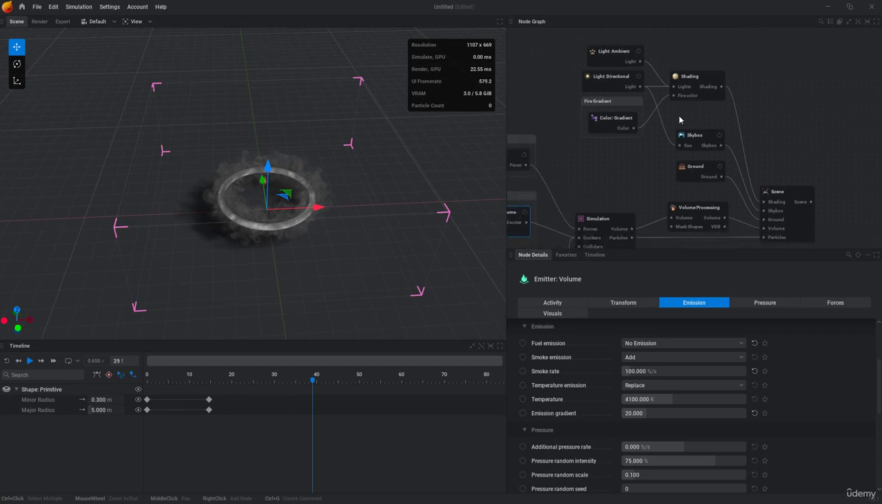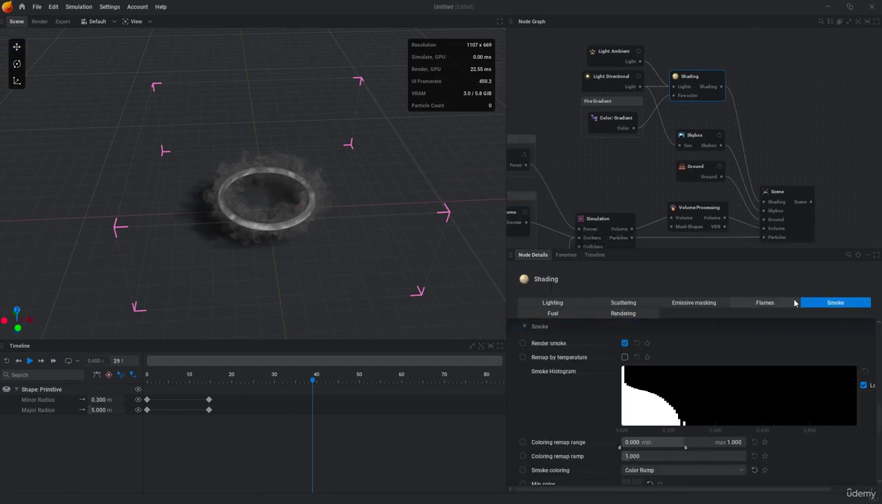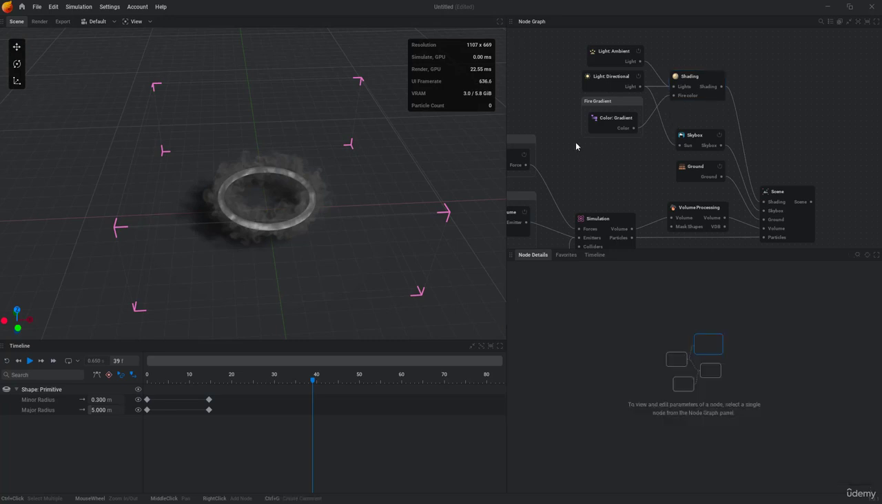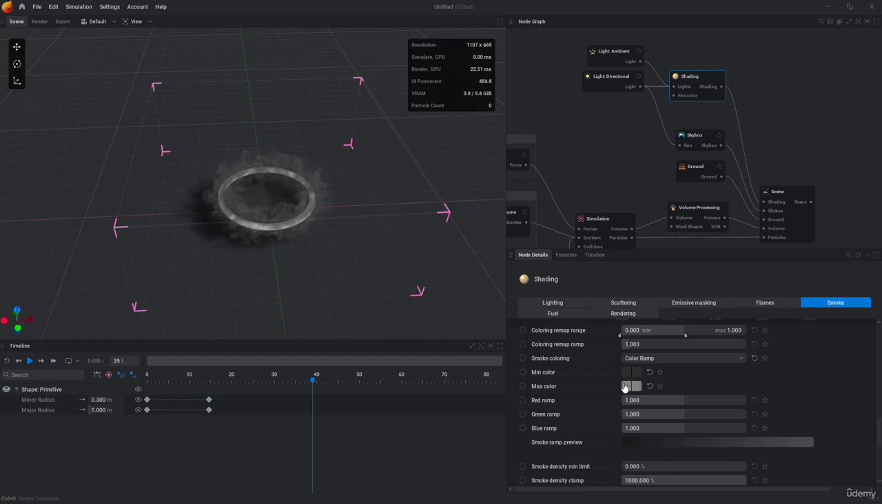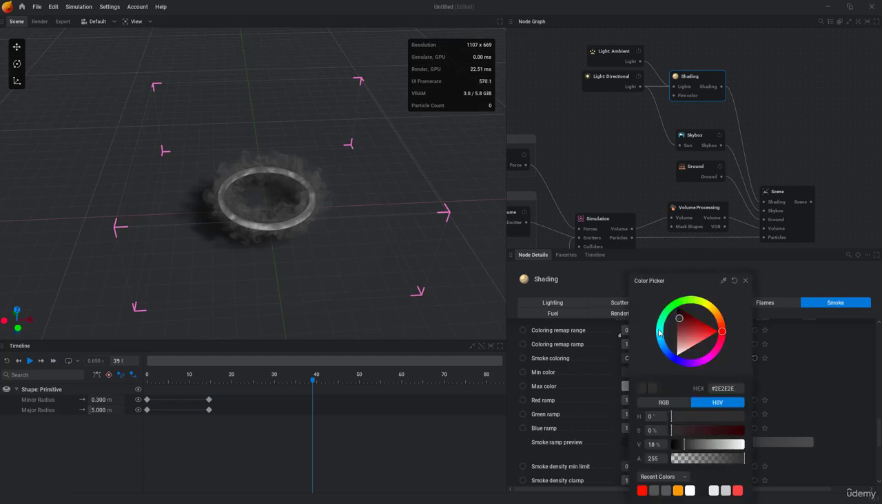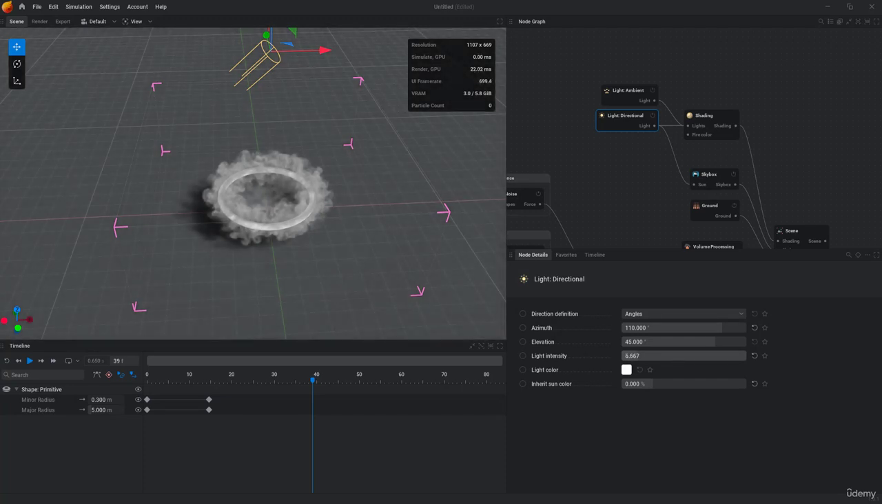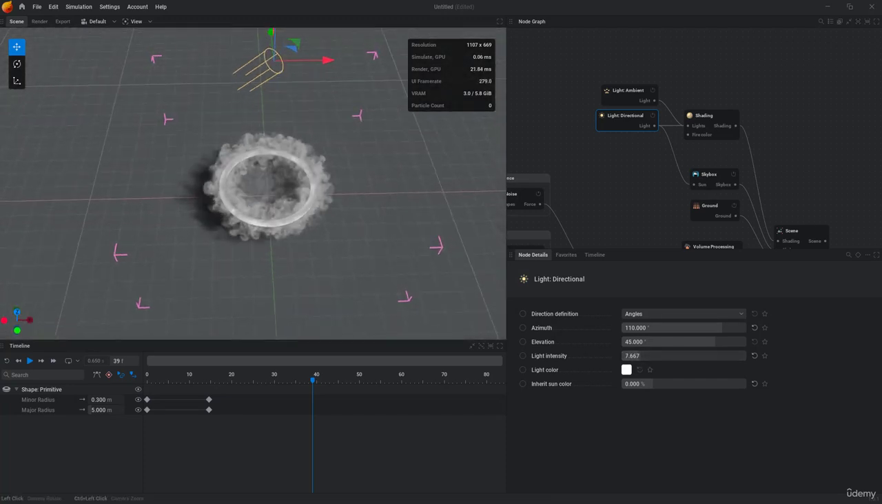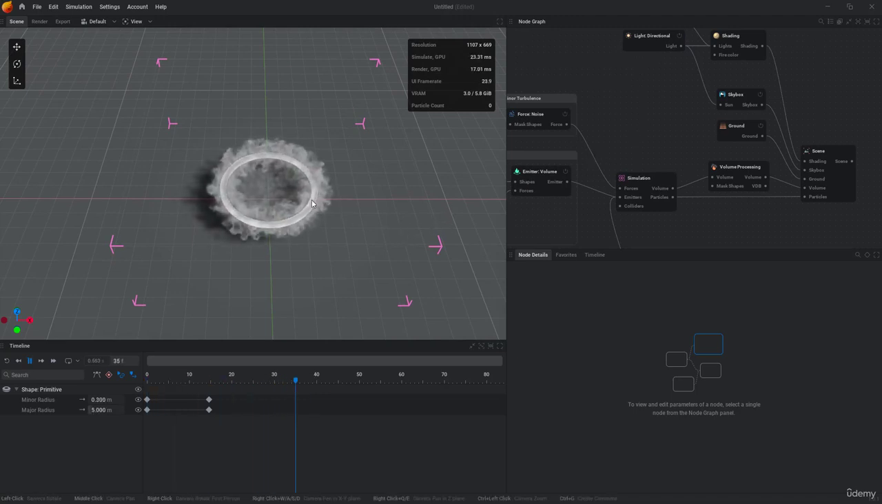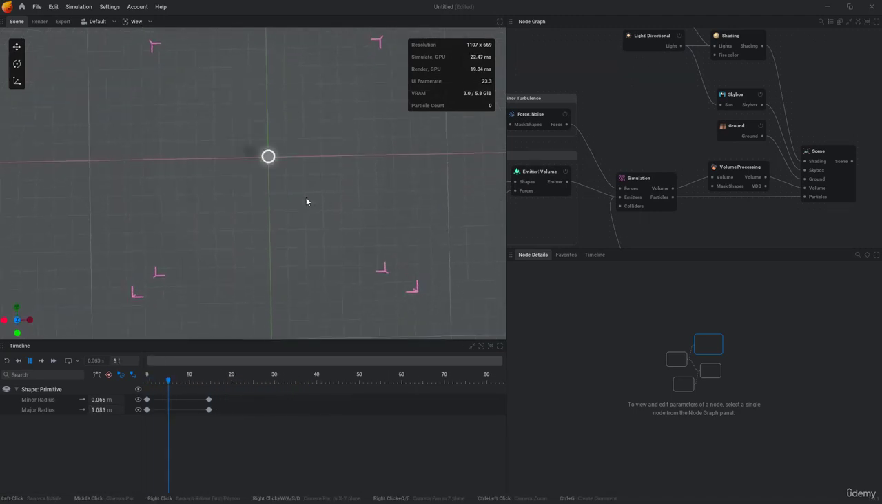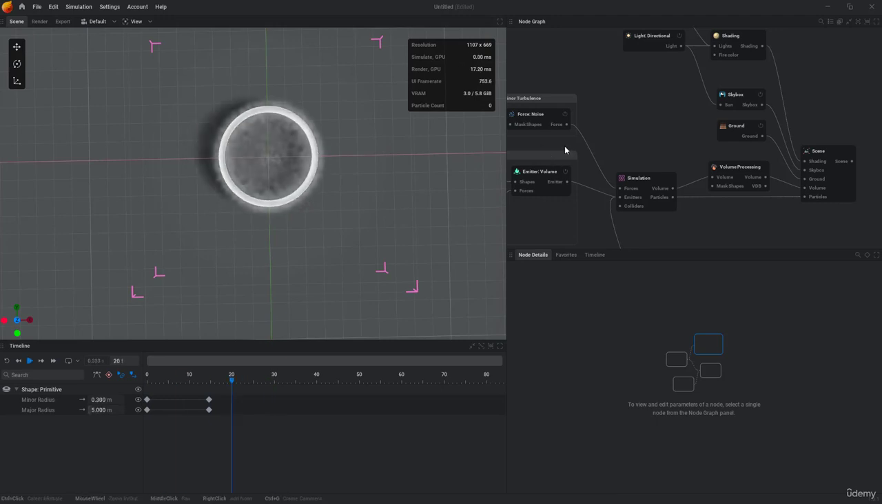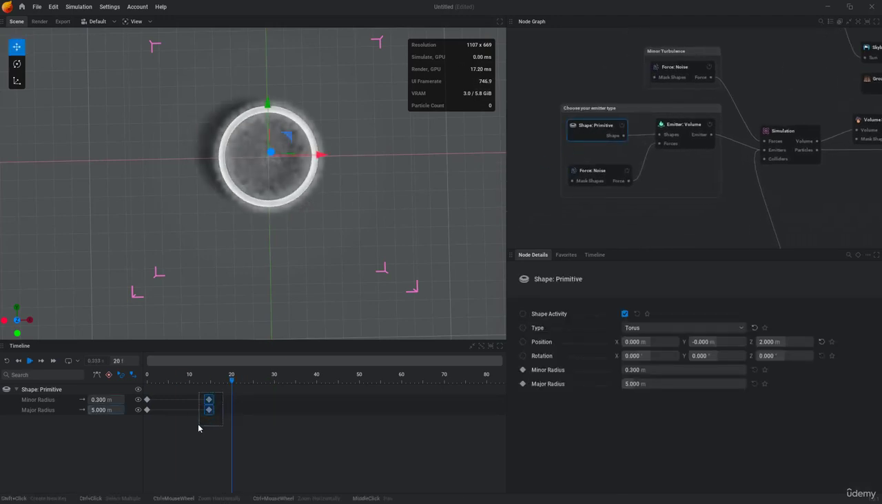So I like to go ahead to the shading and under the smoke, because we don't have any fire, we don't need this node too. Let's delete that. So let's go ahead and maybe make the color brighter a little bit, and I like to increase the light intensity maybe a little bit just to see it better in the viewport. So now if I go to the shape, let's move the emitters there,